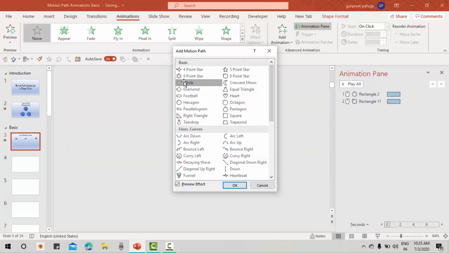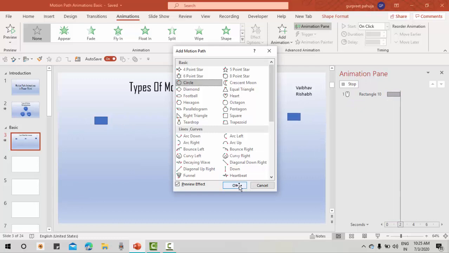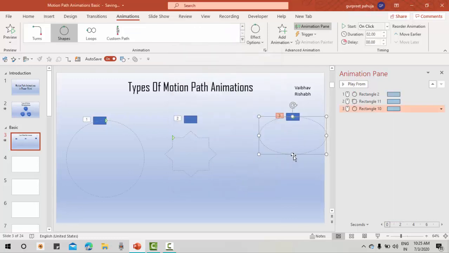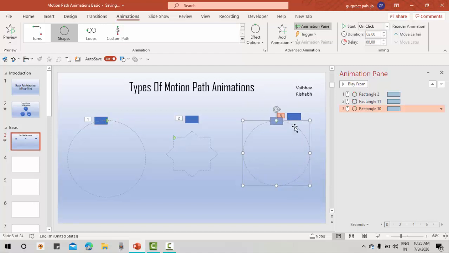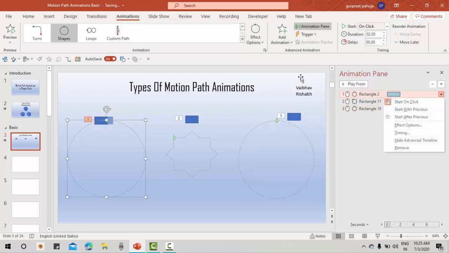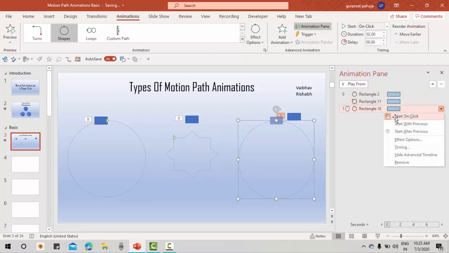Again we'll select a circle here. Maybe you can select any other animation as well. You can increase the size again basis your requirement. We will do with previous, with previous, and with previous.